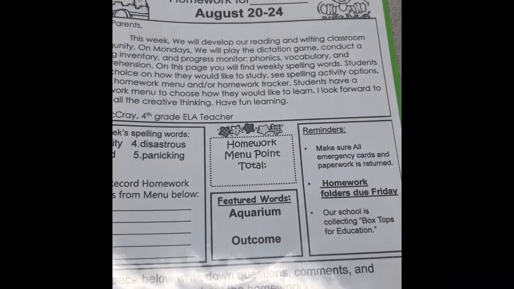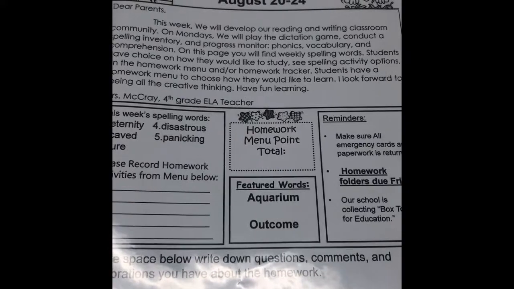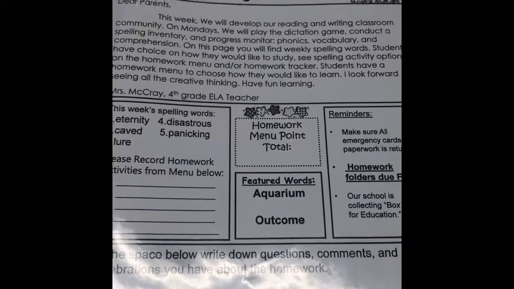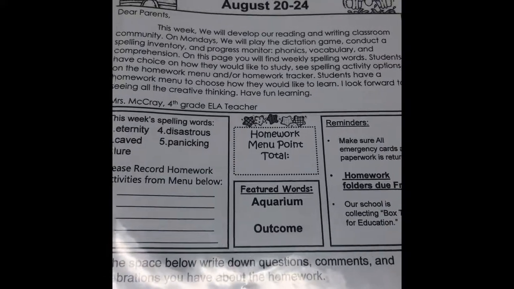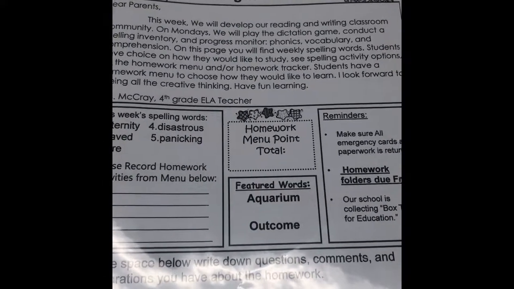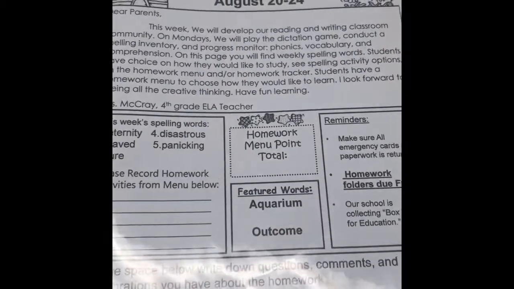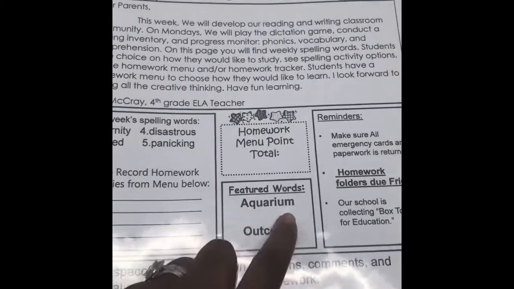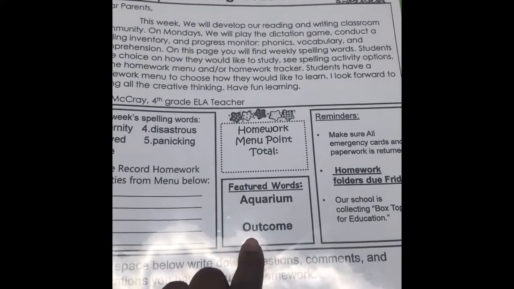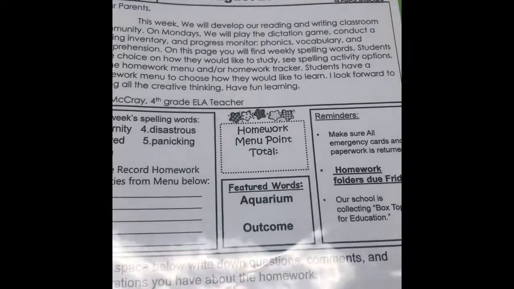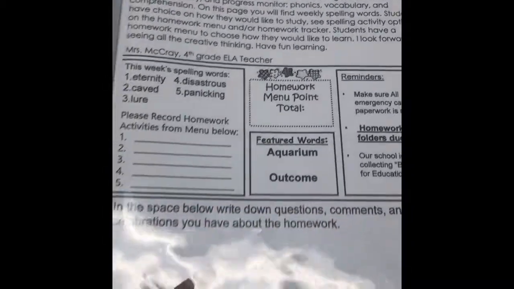We have featured words. These are just words that we come across, whether they're fun or words that I noticed that we as a class have had difficulties with, or is something that's unfamiliar, and we'll discuss it in class, but I want to keep that particular word in front of them. The word aquarium was just fun, and I just wanted them to have that word aquarium so they can see the spelling. We have the word outcome, which is a word that they struggle with, and we discussed the meaning of that word, so I added it to our featured words.